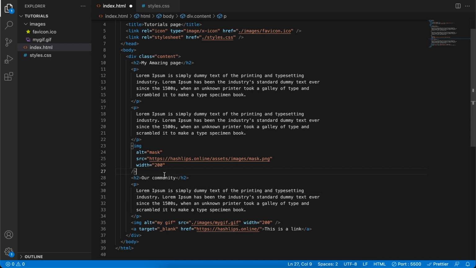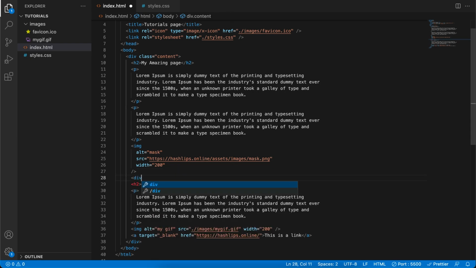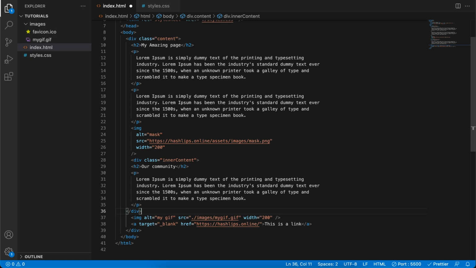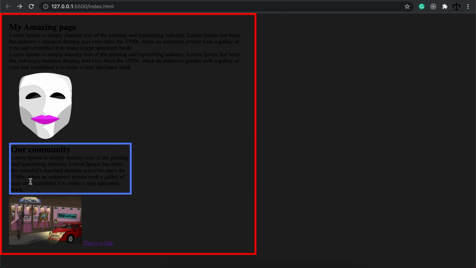In our HTML, we can go ahead and create another div element to wrap our content. Now I want to give this div the class, and the class name is going to be inner content. And then I'm going to grab this and maybe wrap this heading and this paragraph. When I go to my website, I can see there it is. Now it becomes clear to us that the red container only takes up 50% of the body, and the blue border container takes up 50% of the available space in this red container, seeing that it's living